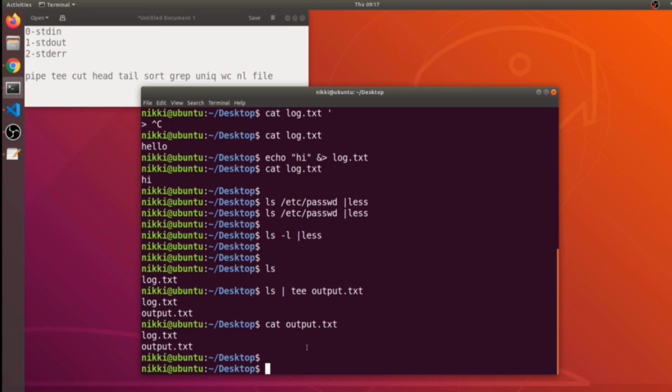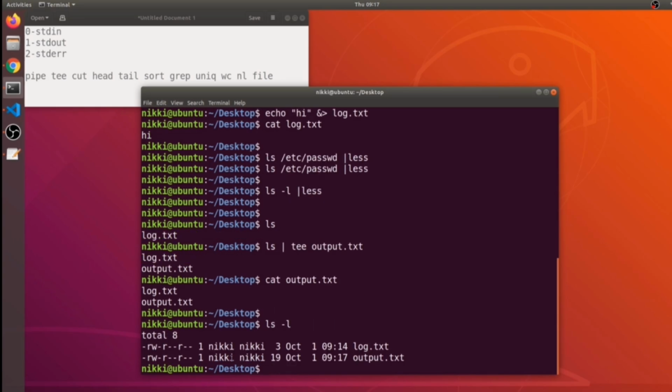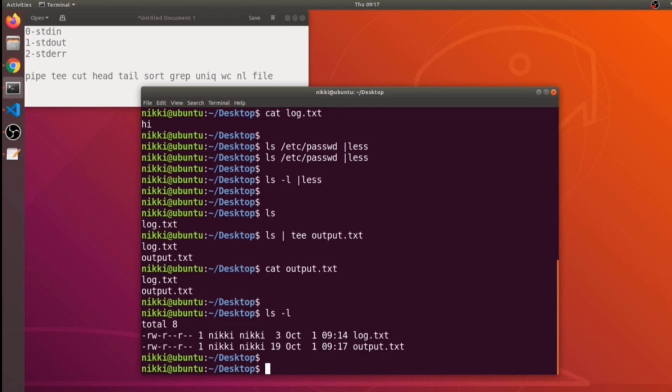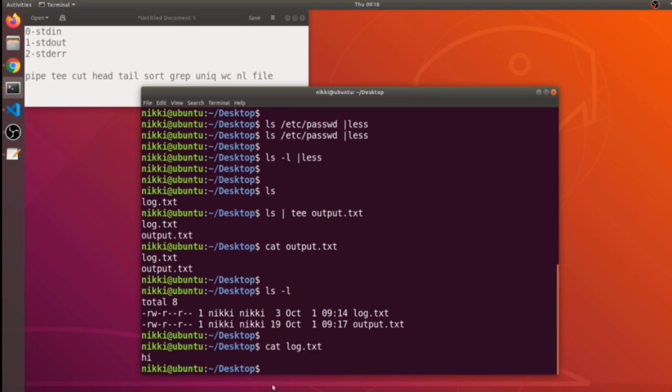And the next command we are going to see is the cut command. So if I say ls, I get the long listing of these two files. Don't worry about all this output, I will explain it in a separate video on file permissions. So okay, let me cat rock.txt. Now I had the contents as hi. Now I want to pipe it to cut,